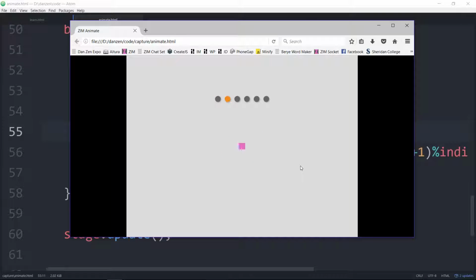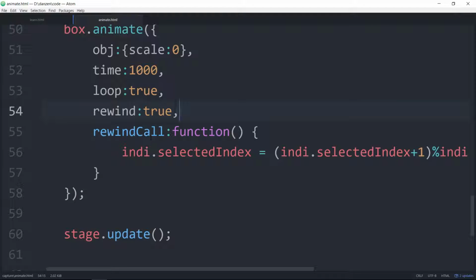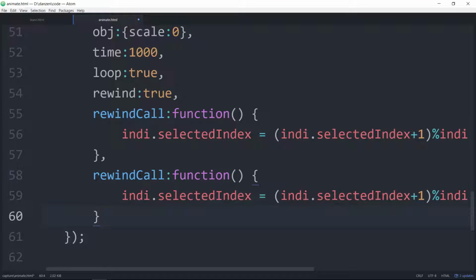Refresh, boop. So when it gets to the boop bottom, now that's when it's starting to rewind. That's when it calls. So kind of in the middle. And we can keep both of them in there. I guess we could do that. No problem. We'll have a loop call